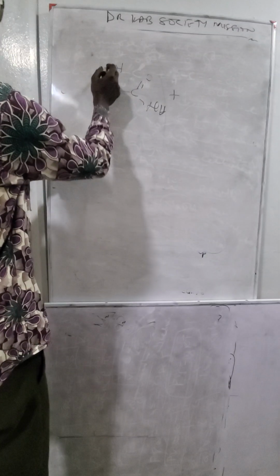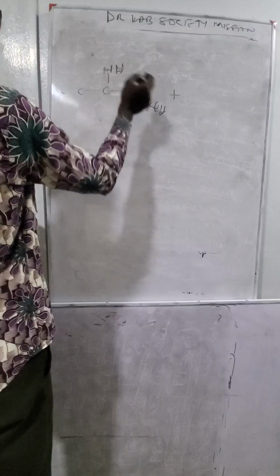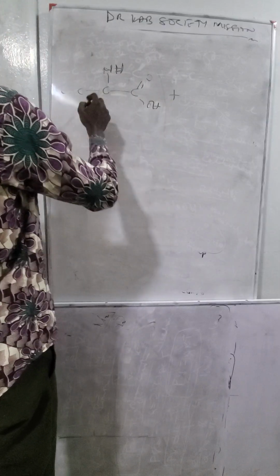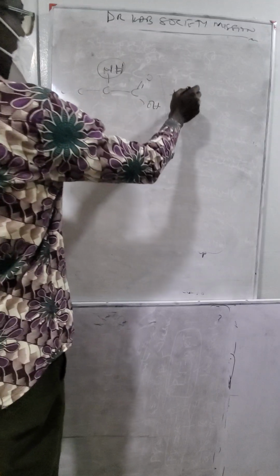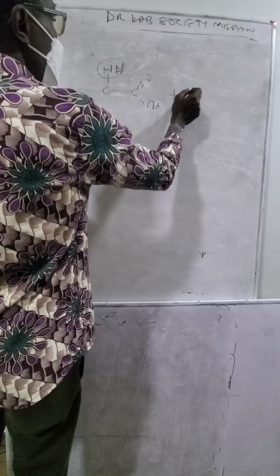Right, we are saying amino acid, so we have the amino group here, okay? So this is an amino acid, and this is OH here. This is the amino acid, reacting with, so we can have the amine group,